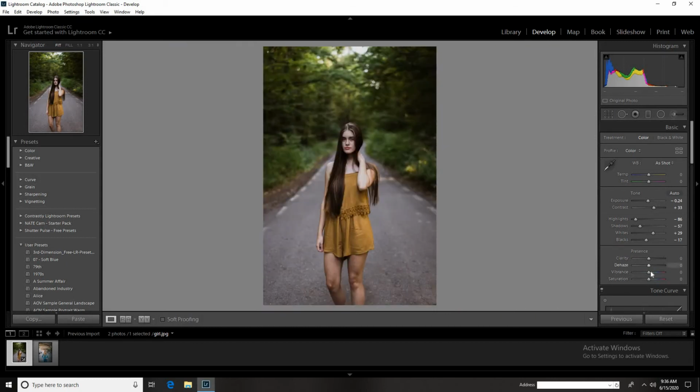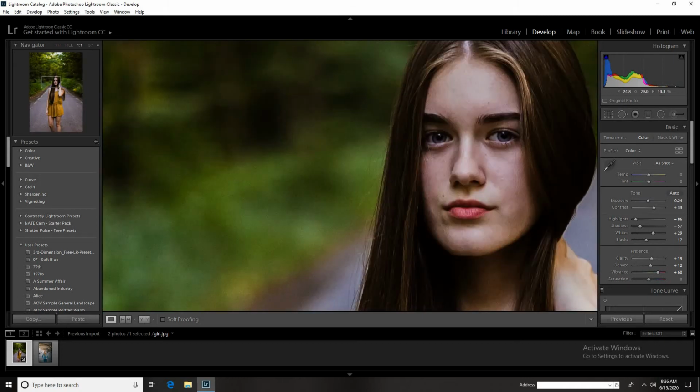Now we'll increase the vibrance around 70 to 80 to make the colors pop up. After it, we'll dehaze the picture by increasing it, and we'll increase the clarity around 20 to 30. You can see the details in the picture.